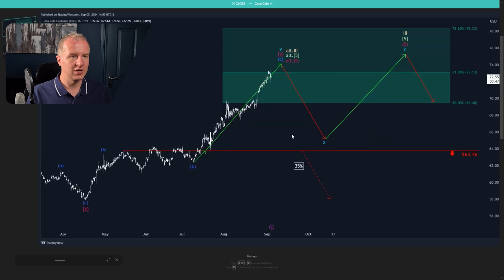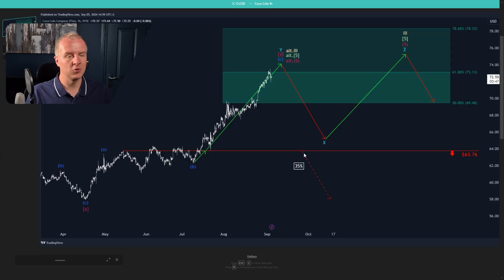If we take a look at the 1 hour chart, you can see a little bit more detail. In the preferred scenario, our expectation is that beige wave 3 should move a little bit higher. Now, we don't expect this to happen in a straight line. The idea is currently that there is going to be a pullback in what we label wave X, and the wave Z to the upside would complete this structure. This is the preferred scenario with a 65% likelihood. So if there is a move down and you're already short, maybe consider there could be one more leg up, and we assign that a 65% likelihood. Whereas with a 35% likelihood, which is quite high as well, but there is a clear distinction still,